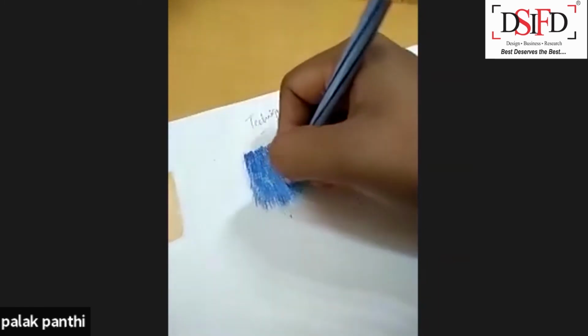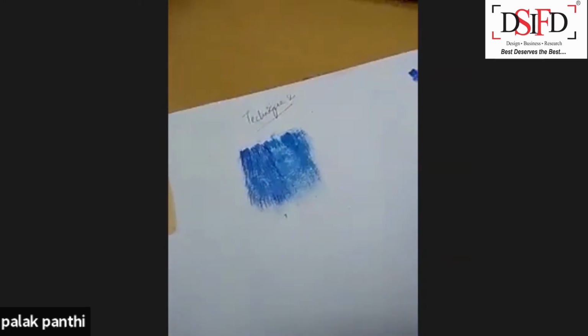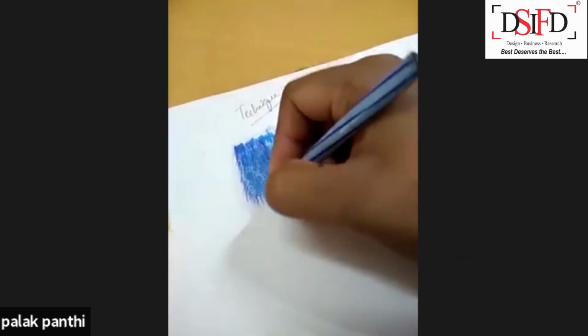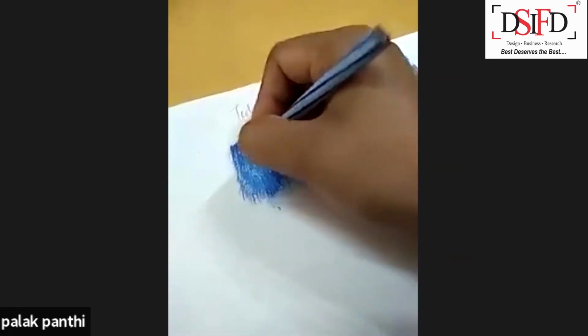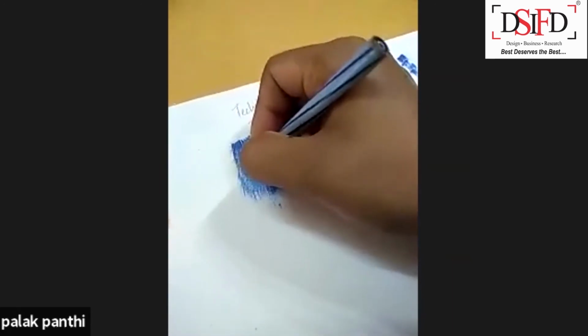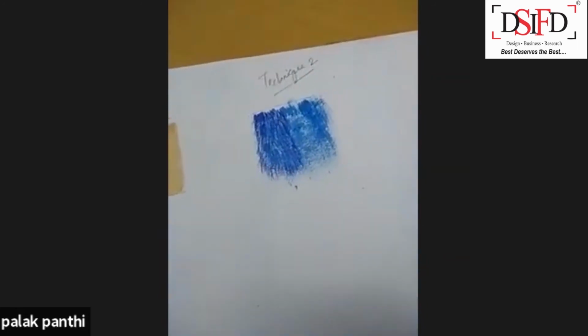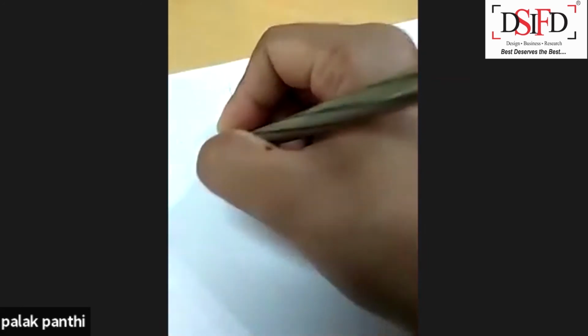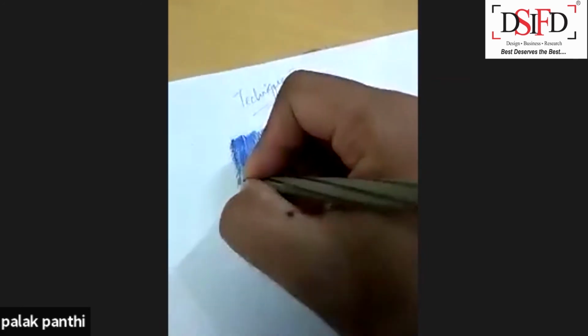Same thing you have to do here also. And maybe with a black, this one you can give the outlining.